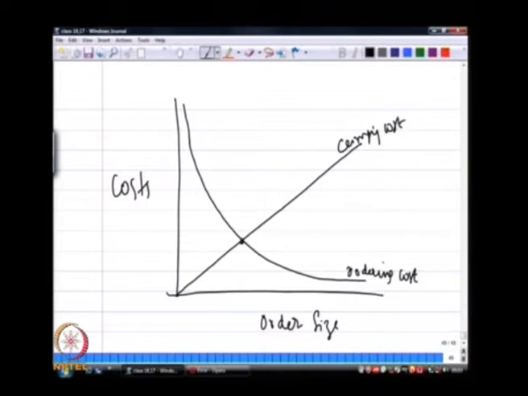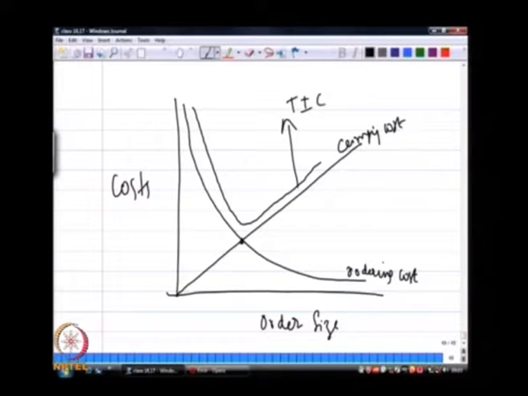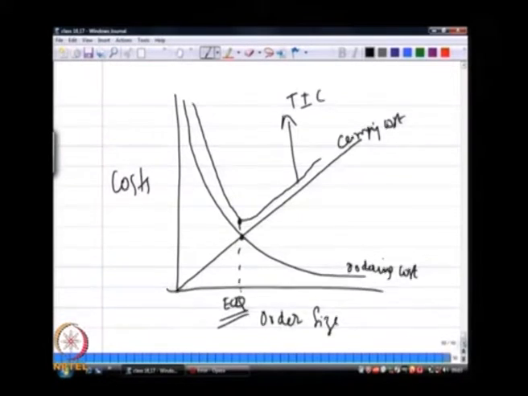And we found that at this point of intersection is where the total inventory cost, which is the carrying cost plus the ordering cost, is minimum. Let us say this is the total inventory cost; it is minimum at this point, and the order size that corresponds to that point where the total inventory cost is minimum is what we saw is the economic order